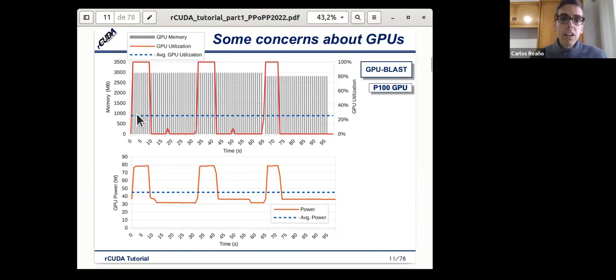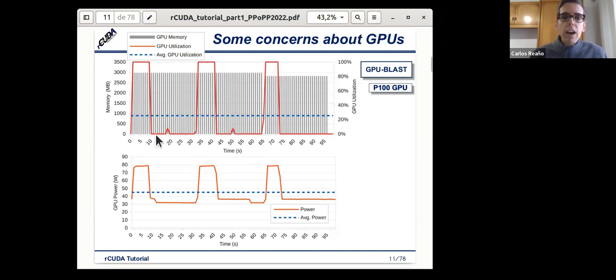So as we can see, at the beginning, we use the GPU from time 0 to 10 seconds. Then the GPU is not used until time 35 or so. Then we use it 10 seconds. Then we have it again. We are not using it again for a while, and then we use it again.